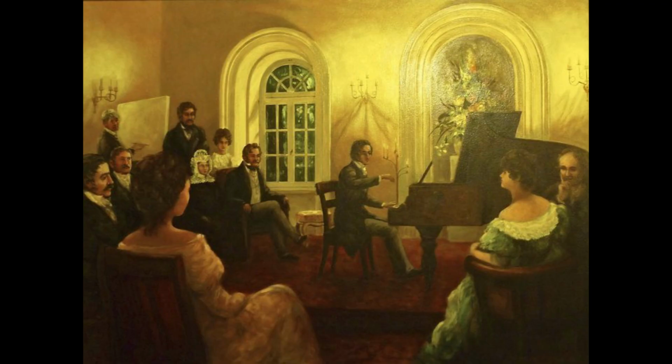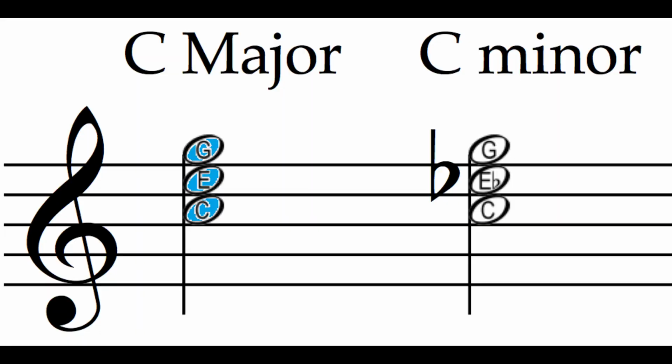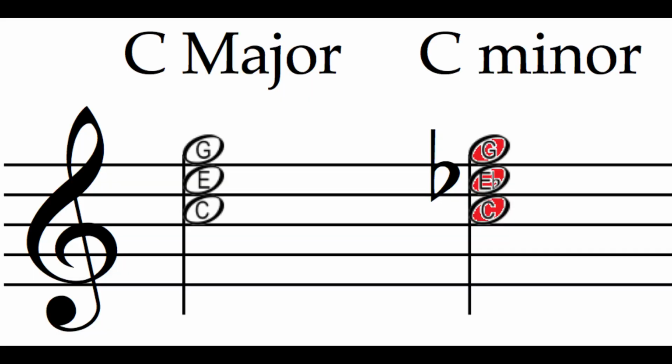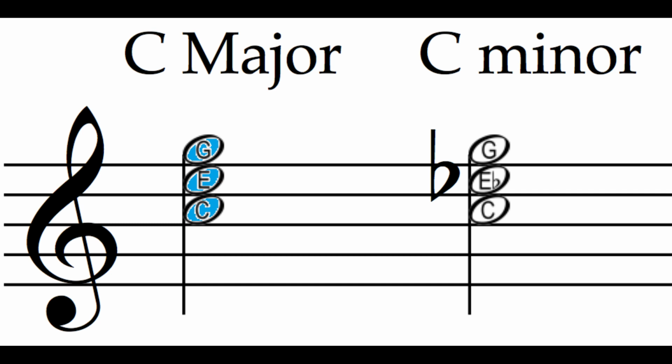The vast majority of classical pieces will start and end in basically the same key. This "basically" part is rather important. If a piece starts in major, then it will end in major, such as the first movement of Mozart's C major sonata starting and ending in C major. If a piece starts in minor, it can either end in the same minor key, such as with the first movement of Beethoven's Fifth Symphony in C minor, or it can end in major.